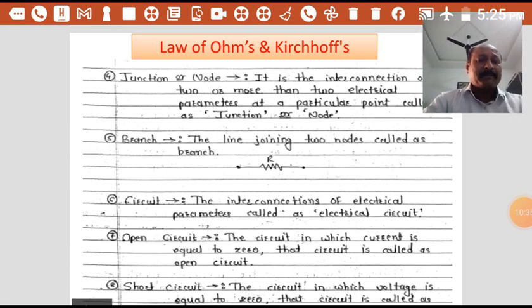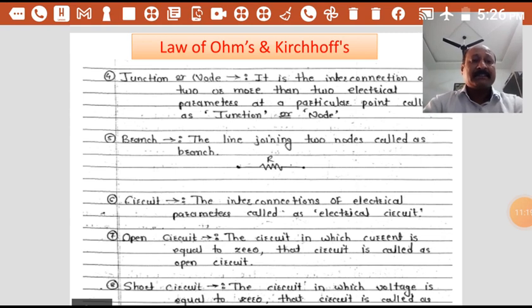So in the open circuit, what is the value of current? The value of current equals 0. Whereas, what is the value of voltage? Voltage is nothing but the voltage that is applied across that equipment. For example, sometimes the tube light or fan refuses to start. Under that condition, there is zero current. Why? Because the circuit is not closed, but there is full voltage across the fan. Such a circuit is called an open circuit.